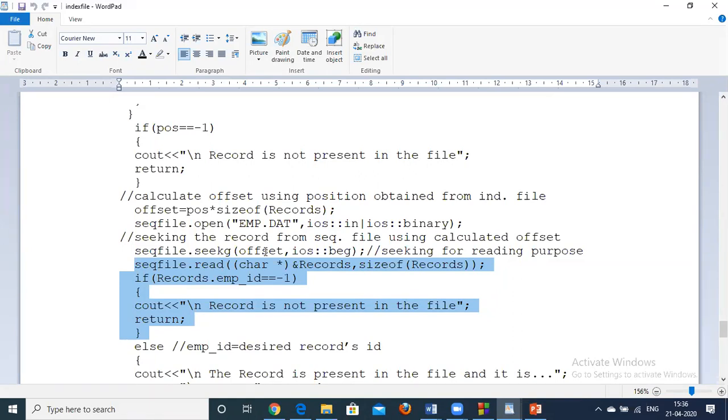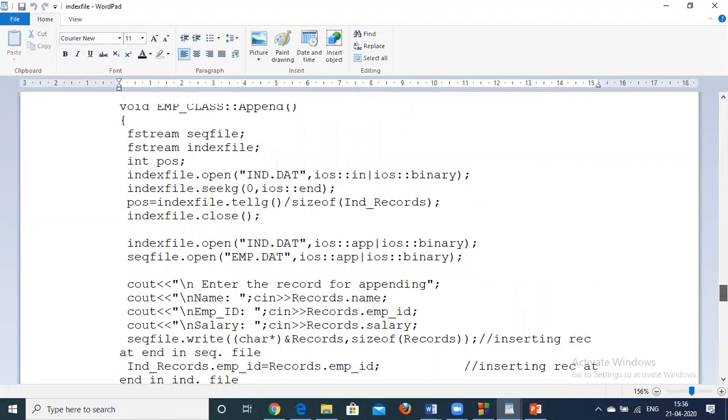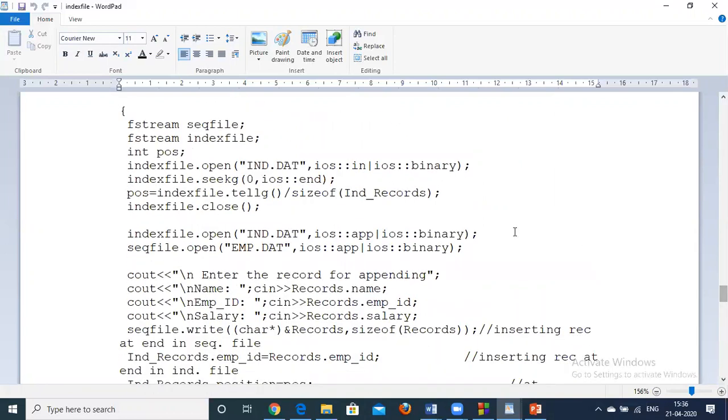Similarly, in append also you will be adding a record at the end of both the files. Here you have to set the put pointer at the end of the data file and write that record.